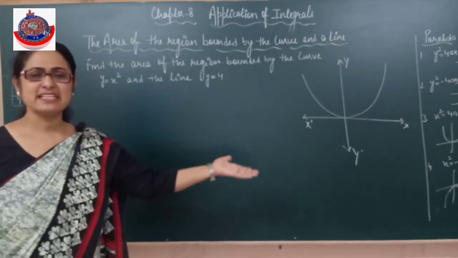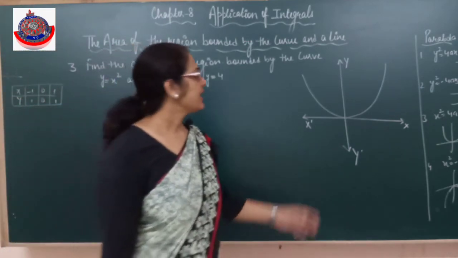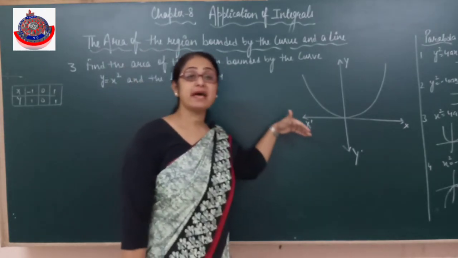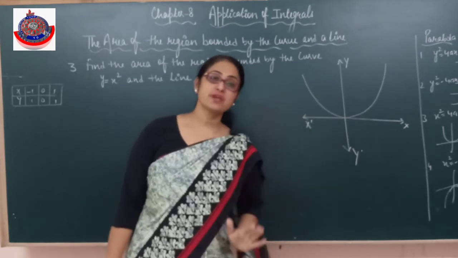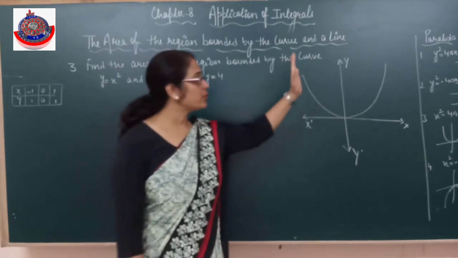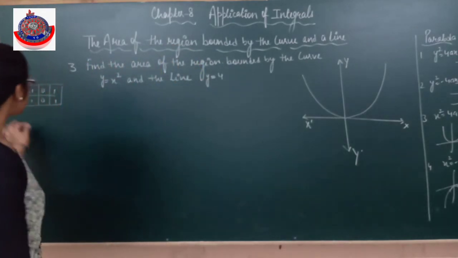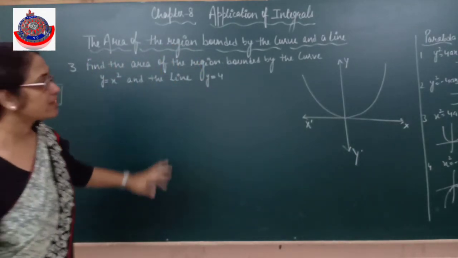This line is clearly y equals 4, which is going to be parallel to the x-axis. We know that y equals some number is always a line parallel to the x-axis. If it is x equals some number, that is always a line parallel to the y-axis. Clear? Now, if we are not doing exact plotting, then at least the line